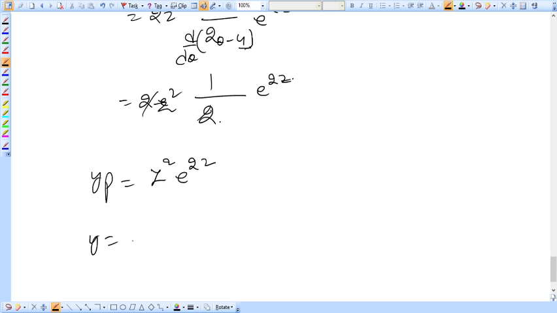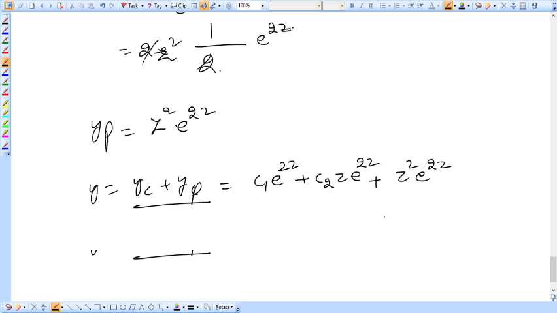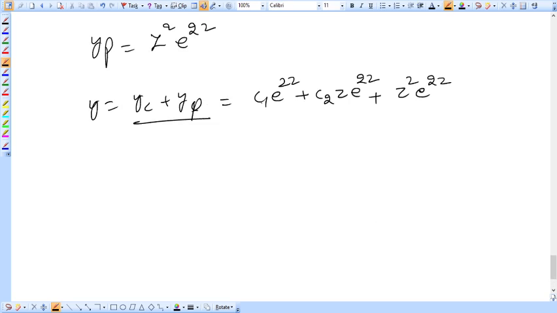So the complete solution is yc plus yp, and what is yc? c1 e raised to power 2z plus c2 z e raised to power 2z, and your yp is z square e raised to power 2z. Now we know the substitution, so replacing back, substituting back, we get